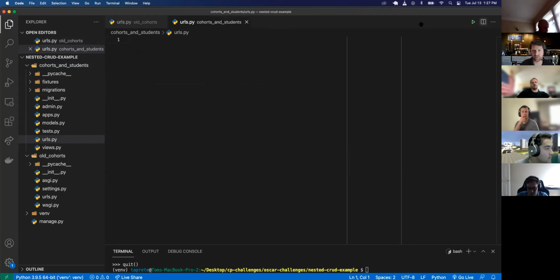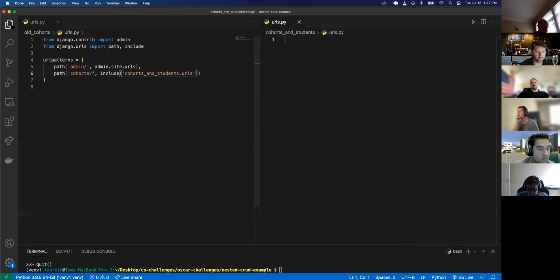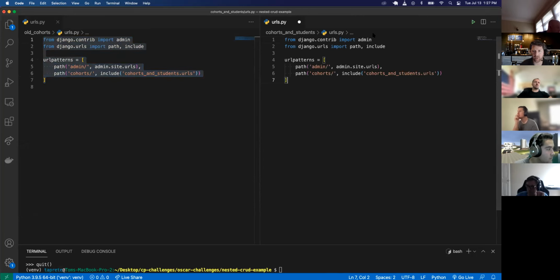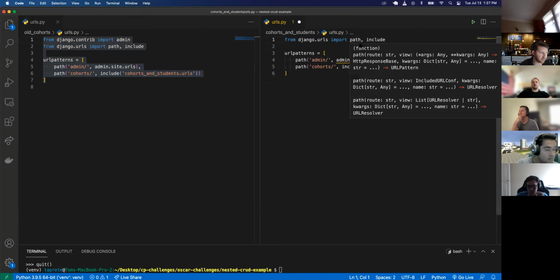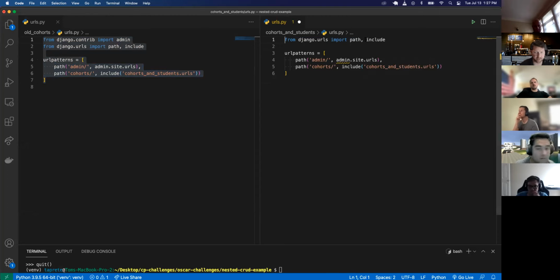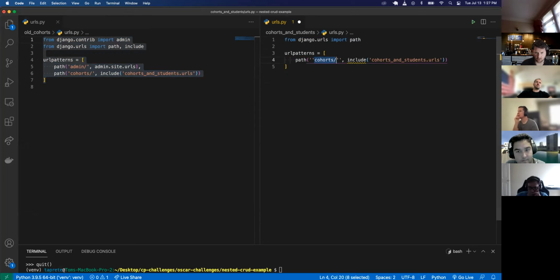And I'm going to split the screen there. And I'm just going to copy this over. We don't need admin. What else do we need? I think that's import path. And we don't need include. So we can delete that. But now when we just go to cohorts,